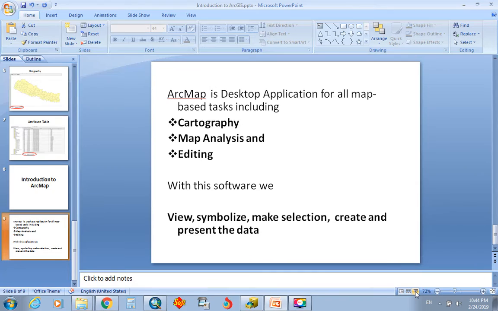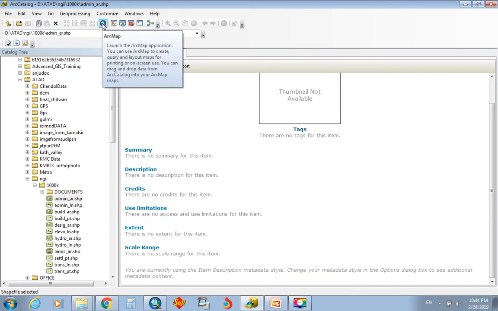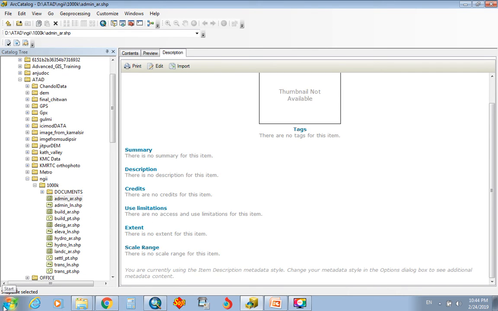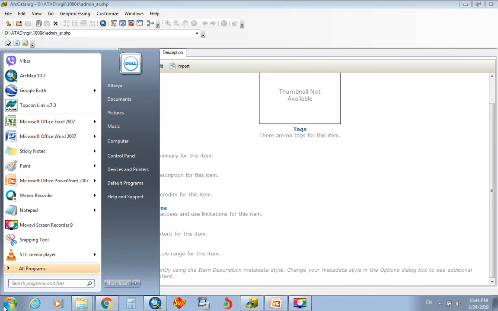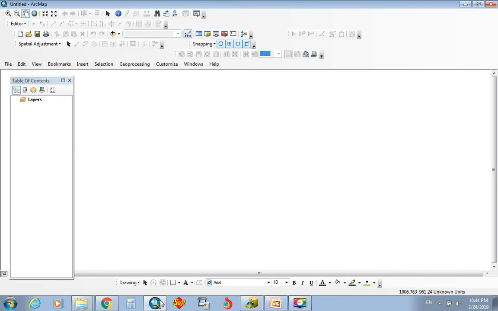As I told already, ArcCatalog is the gateway of ArcGIS also, so we can go to ArcGIS from here also, or we can go through here also. It takes time to open, so I made it ready. I will open this now. Let's see the same data in ArcMap